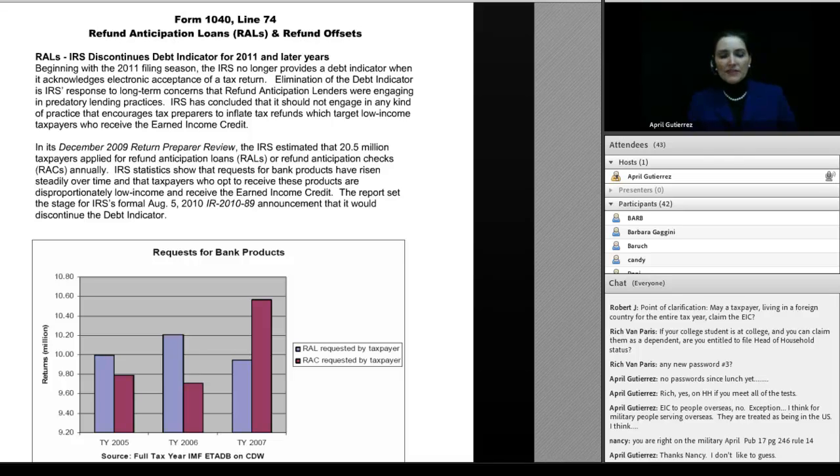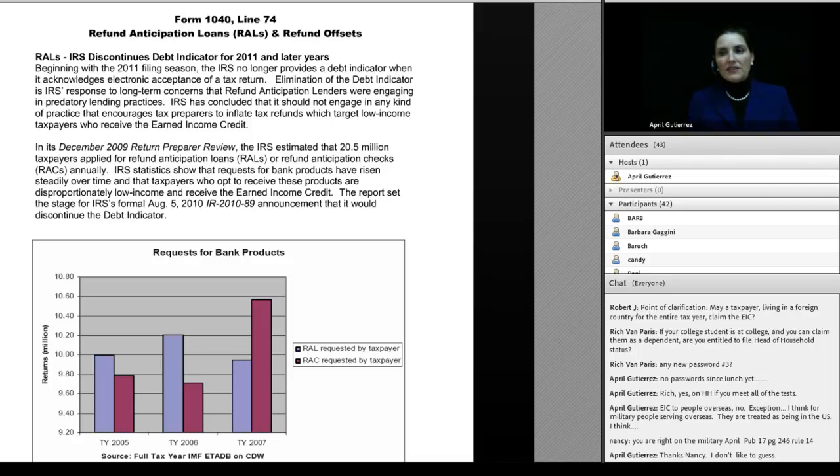While we're on the subject of refunds, let's talk a little bit about refund anticipation loans. Now, some of you may find that this is a very big part of your business. Some of you might say, I've never done a refund anticipation loan in 20 years. This is such a waste of my time. Well, unfortunately, I feel it's necessary to talk about stuff that large numbers of taxpayers use. And so I feel even though it's not for everyone, you should still at least be aware of the rules